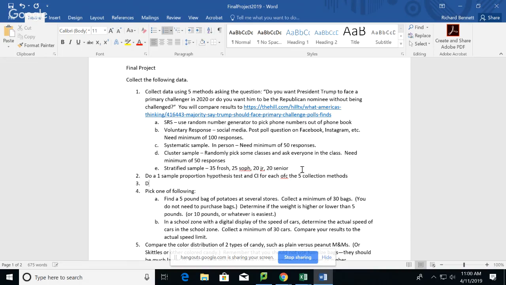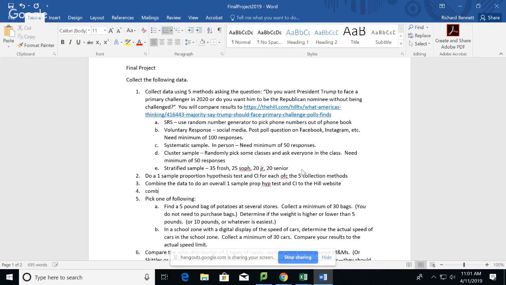Then I want you to combine the data to do an overall 1 sample proportion hypothesis test and confidence interval for the Hill website. Then I want you to combine the data and compare a 2 proportion test